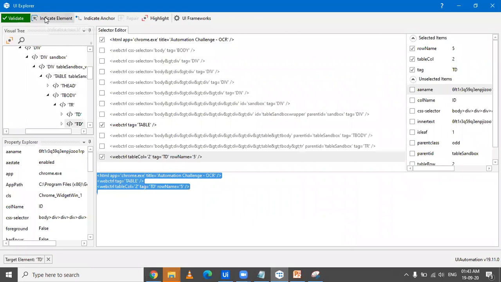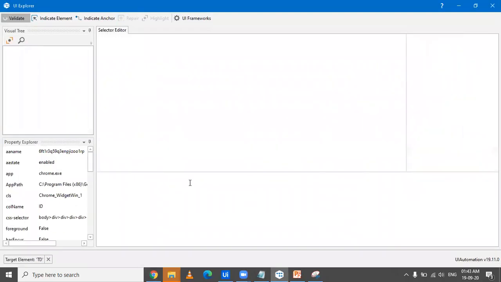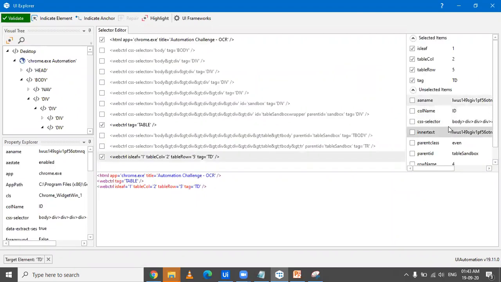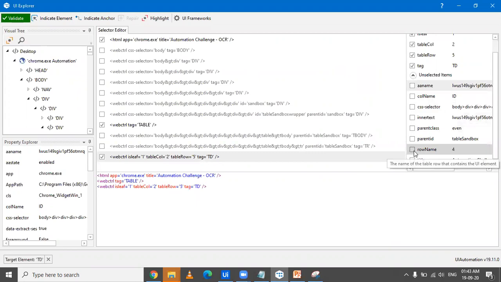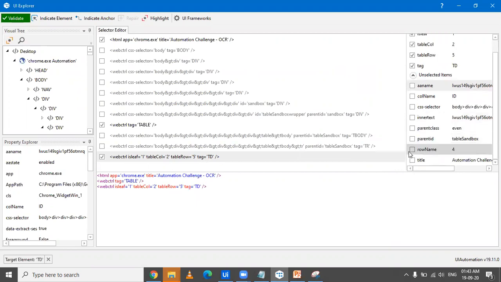You'll have to be very sure on these things so that you know on what parameters you have to make a decision. Yeah, so it's row name 4. Sorry, it's table row 5 and row name 4.